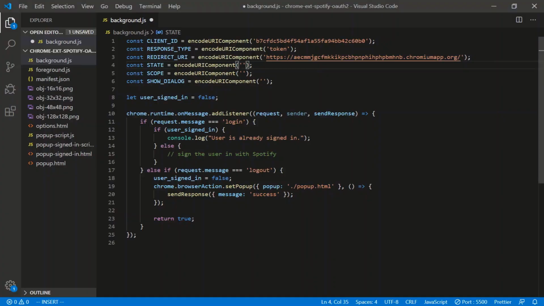So we'll go back here, scope, there we go. And show dialog we'll set to true. That's just so every time the user clicks on the sign in button, we'll give them an opportunity to either sign in with the same account or flip to a different account. So save that. And for the state, let me copy and paste some code, and then I'll explain what the